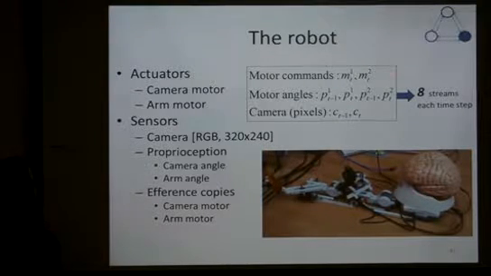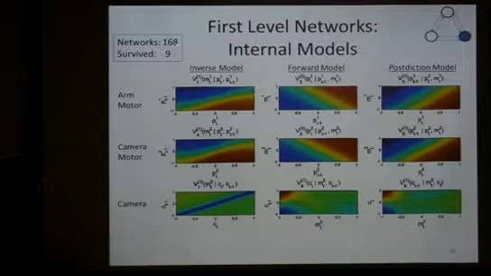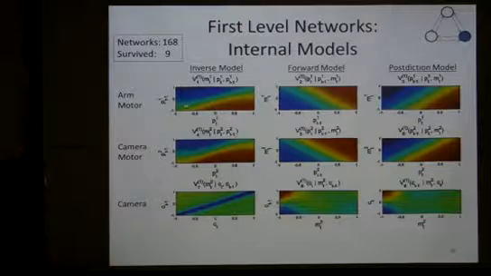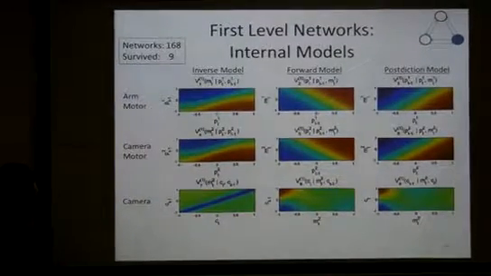So I have 8 streams of information. I combinatorically constructed all the 2-to-1 combinations from these 8 streams. And if you do the math, you get 168 combinations. So I ran 168 neural networks in parallel, running this learning and pruning, and lo and behold, only 9 survived. And these 9 actually have a structure. And the structure is this.